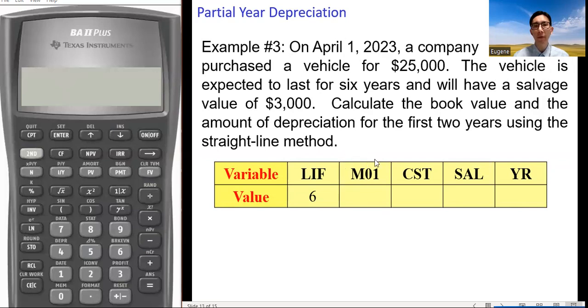So the starting month, the variable M01 is set as 4. Beginning of April. And then CST, the cost, 25,000. Salvage value, SAL, 3,000. And we want to get the information for the year 1 and year 2.